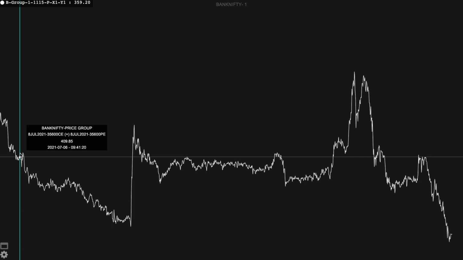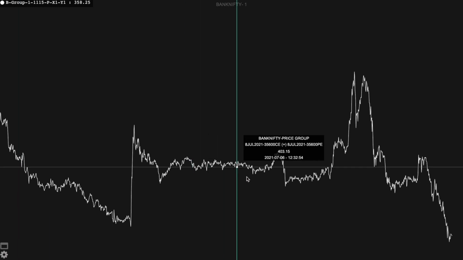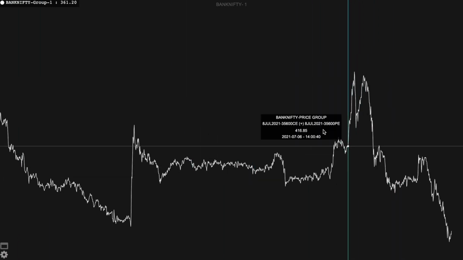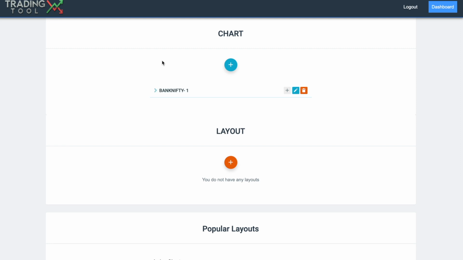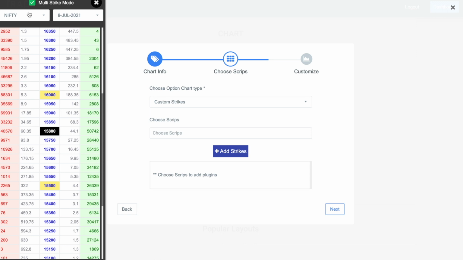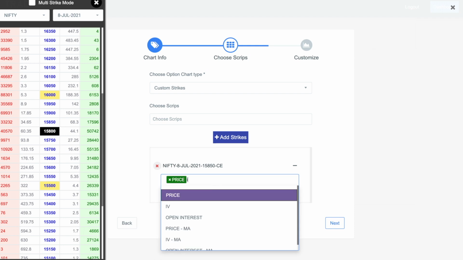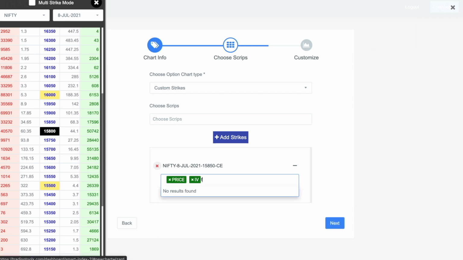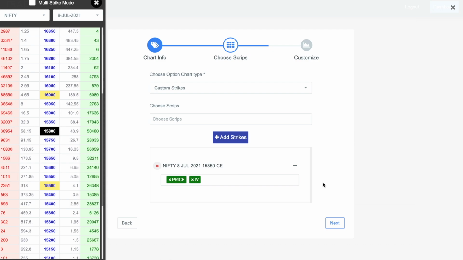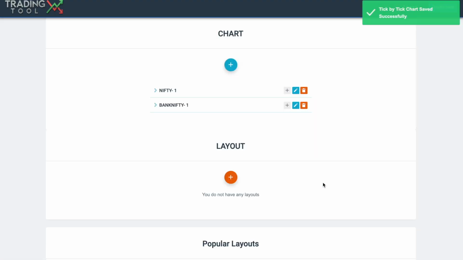Basically you can create this chart automatically via the auto charts that I explained in my option explorer video. But this shortcut is for creating any custom strike price by yourself. Similarly for the Nifty, press Shift plus N and it opens like this. You can change the expiry if you want. Right now we can check the price of the call option here. Click on the left side and you can add any of the plugins here. I'm adding the IV, and you can just press Shift plus F to finish the chart. You can see the chart has been created automatically.